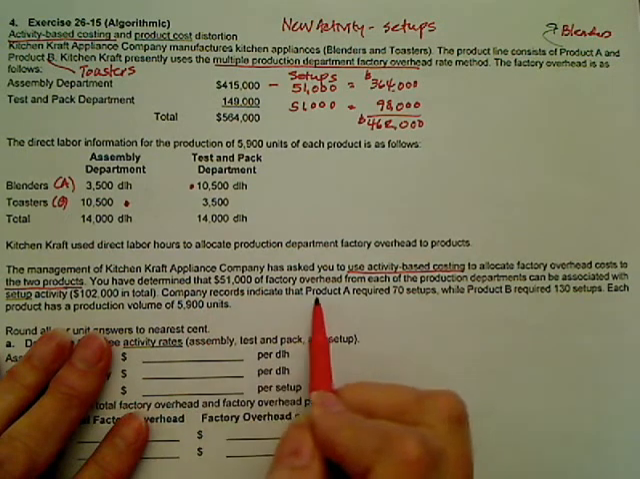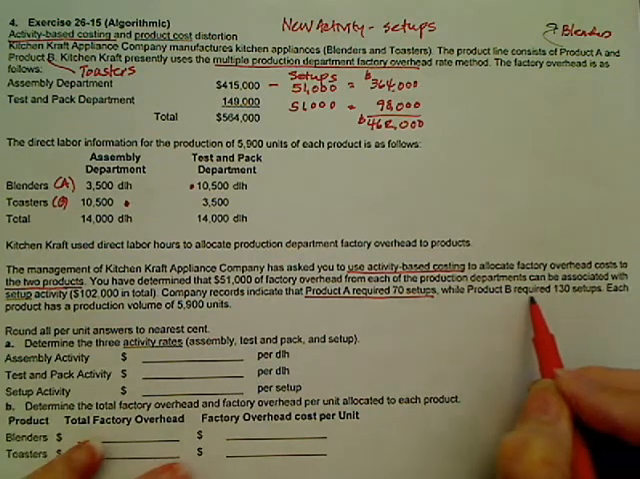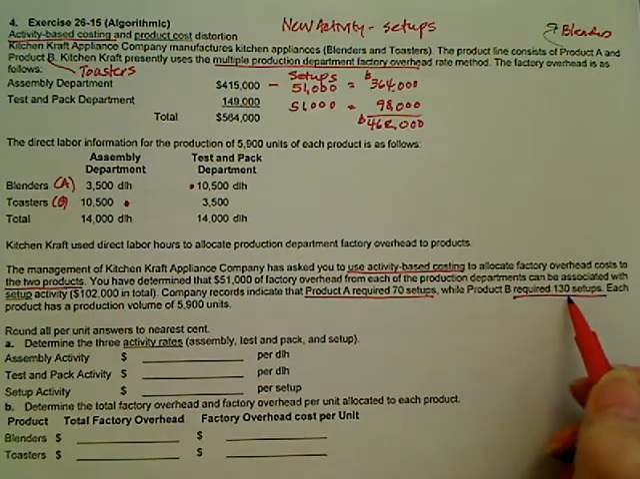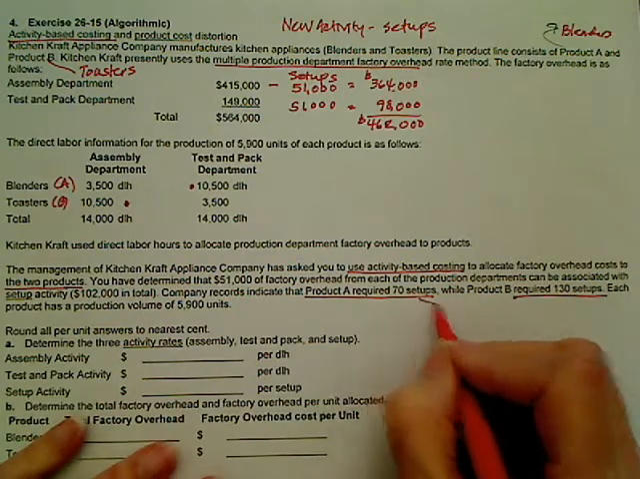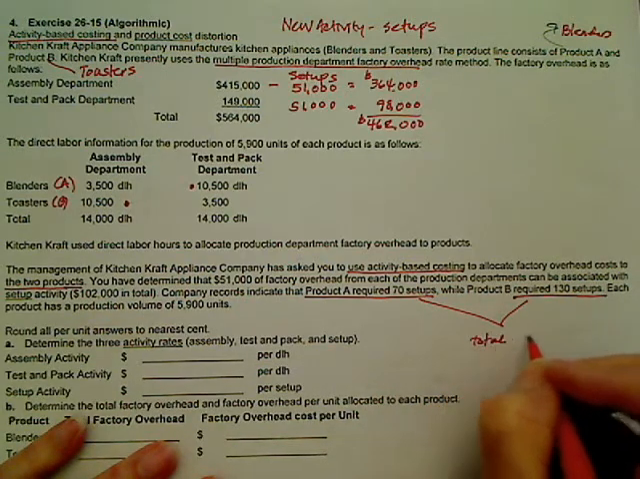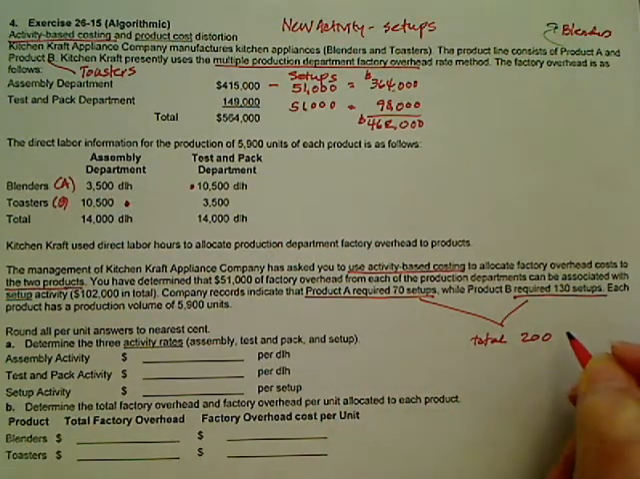Then company records indicate that product A requires 70 setups and product B requires 130 setups. So there is quite a difference between the two. But the total setups is 200, or 70 plus 130. So we have